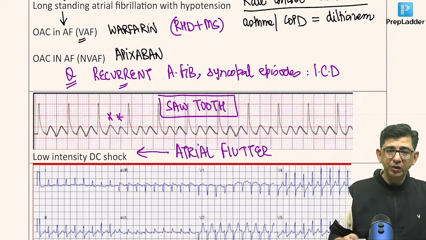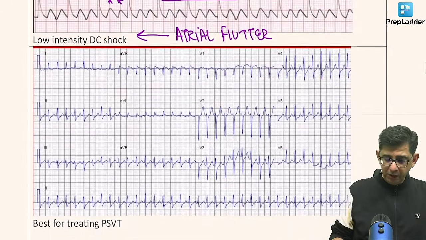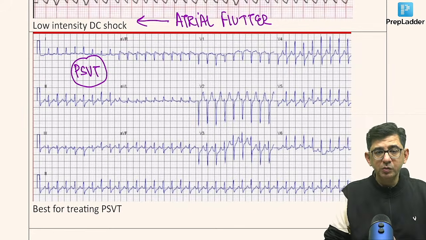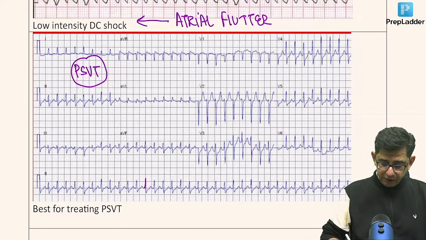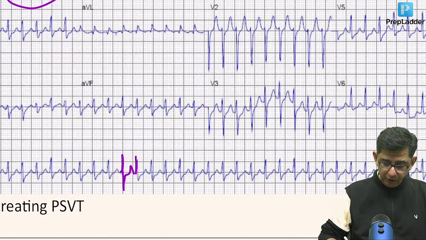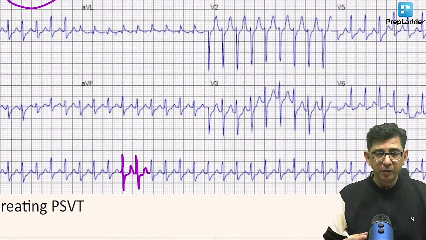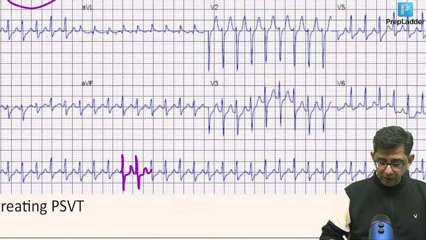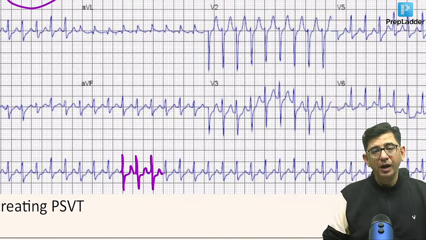Now we come to the next arrhythmia, which would be seen in a young female, called PSVT, that is paroxysmal supraventricular tachycardia. In paroxysmal supraventricular tachycardia, what you get is narrow QRS complexes with a hidden P wave. If you look at the recording here, you will notice that there is no separate P and T. It's a single wave formed by the merging of the electrical activity of the P and the T. So this is a narrow QRS complex, with a bit of ST segment depression also present, and then there is a